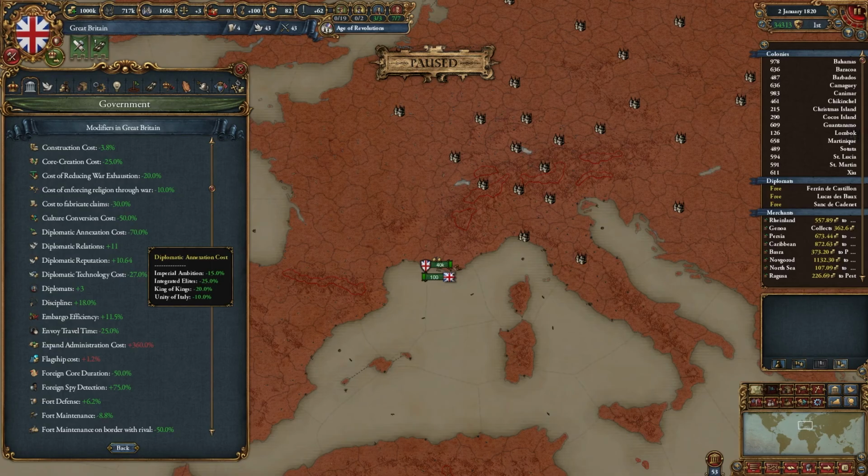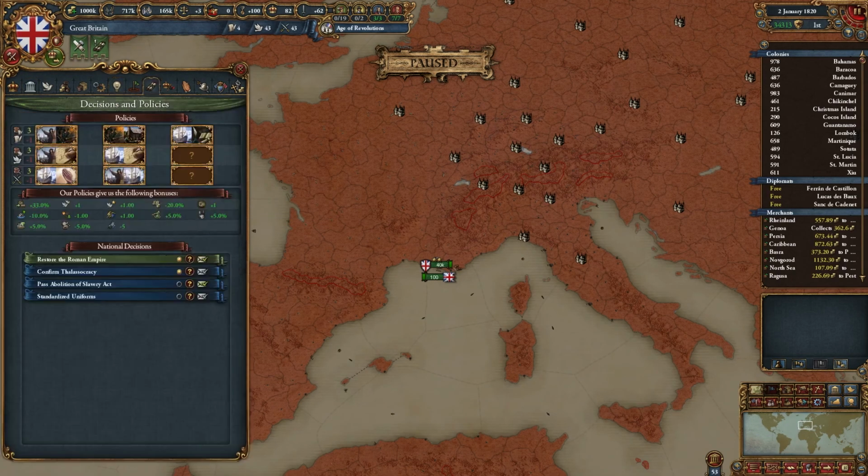And the same thing also until the end of the game, the modifier Unity of Italy from the Sardinia-Piedmont mission tree, which gives another 10%. And yeah, you're going to say 70%, that's not really much. Yeah, it's 70% of those permanent modifiers that I have. But on top of that, there comes another